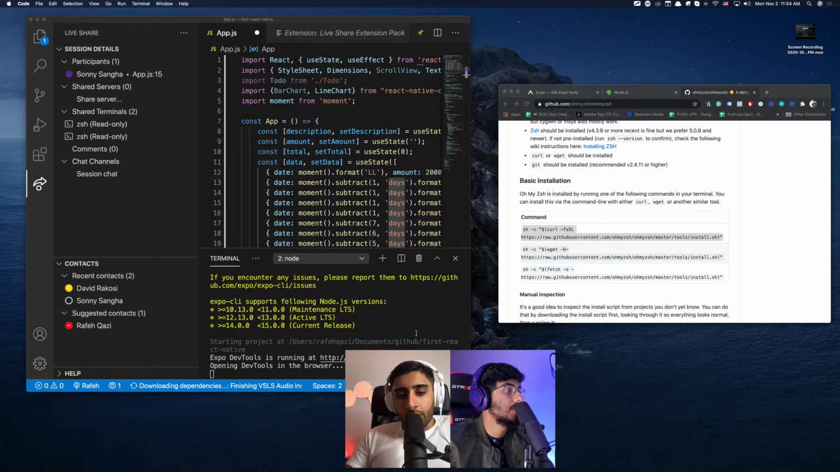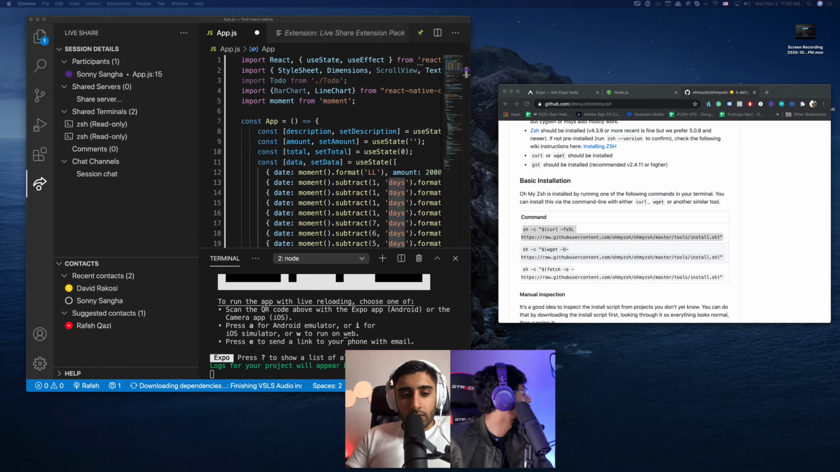All right, I'm gonna just do npm start, and I'm gonna get this app going, bro. Okay. So it says opening DevTools in the browser. Okay, nice. And then